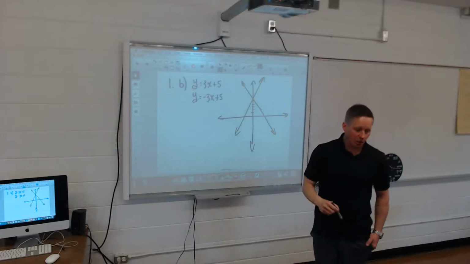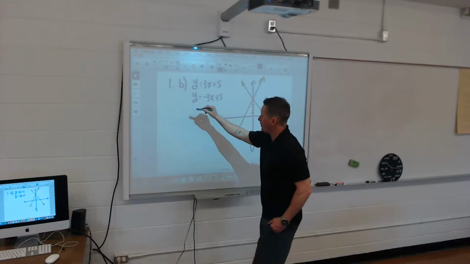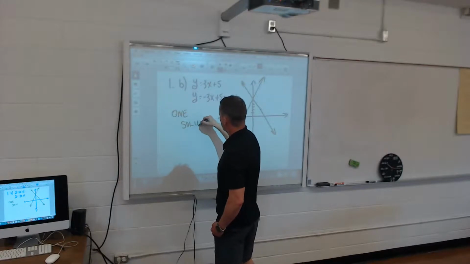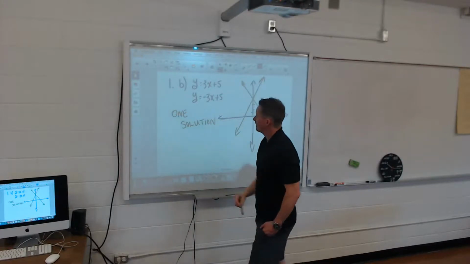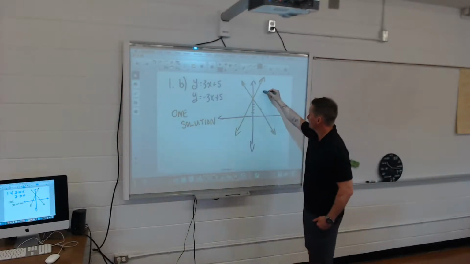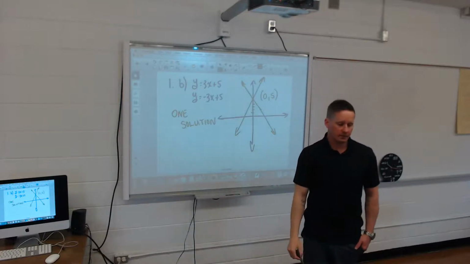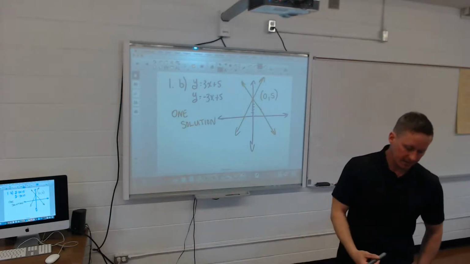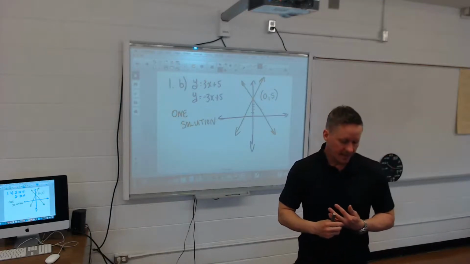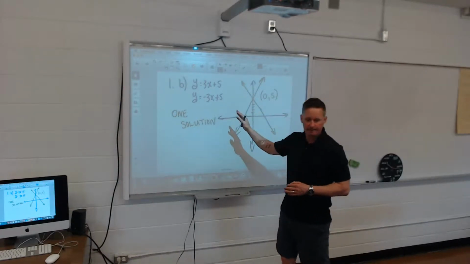So because the slopes are different, I end up with one solution. And that solution being 0 and 5, because they both share the same y-intercept. All right? In C now. Any questions? In C,